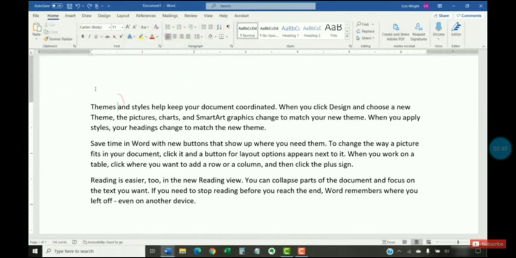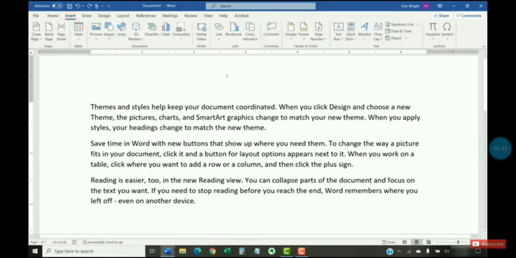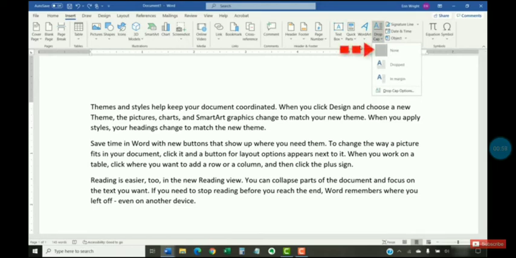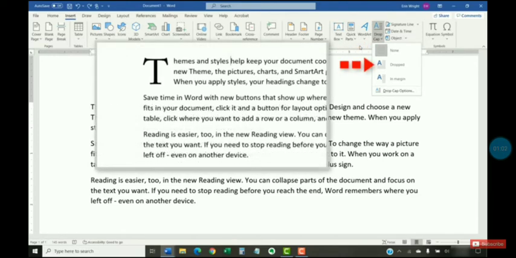You are able to see the text here. The word is Theme, and I want to make the first letter, T, a drop cap. So you have to go to the Insert tab, where there is a Drop Cap option. There is a None option. If you click on None, there will be no changes. Then there is another option known as Dropped.